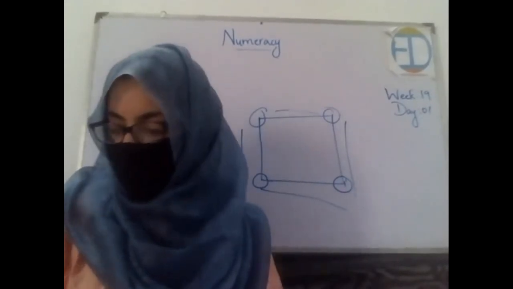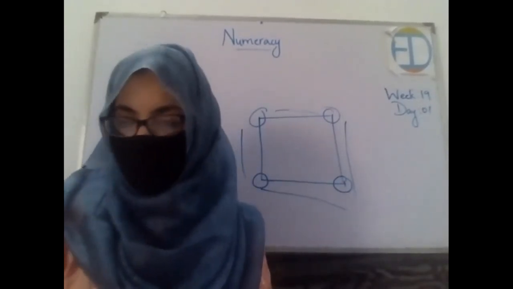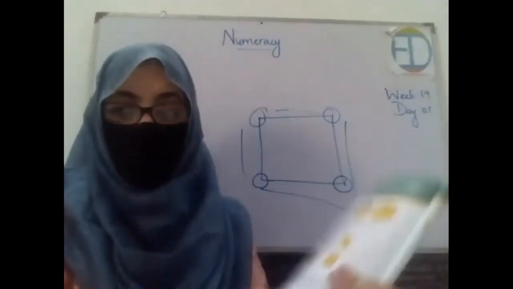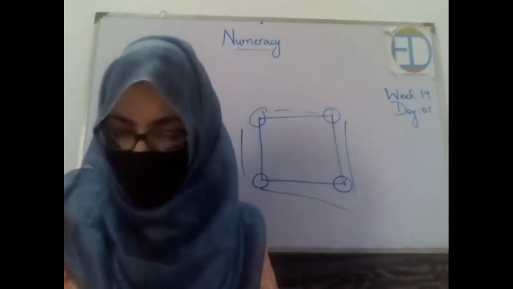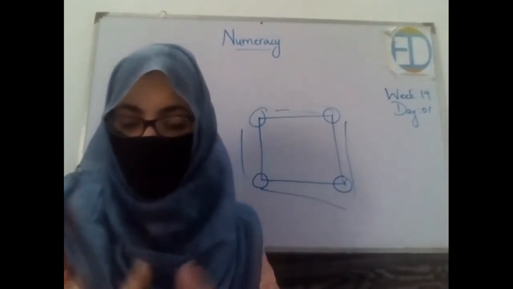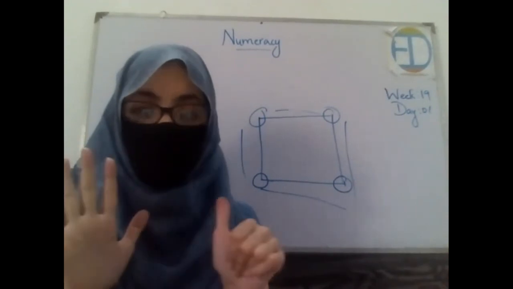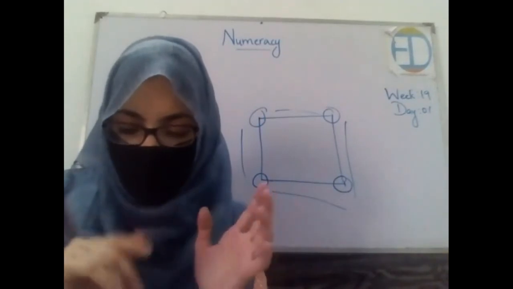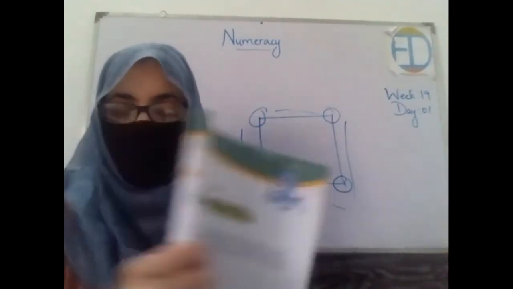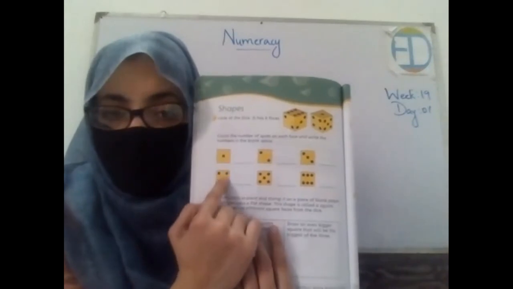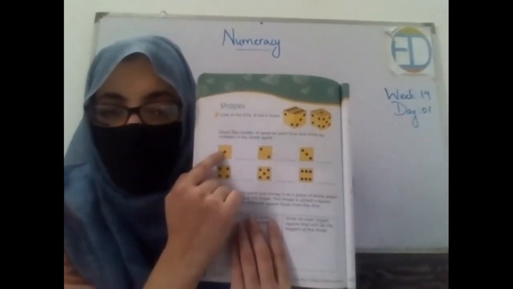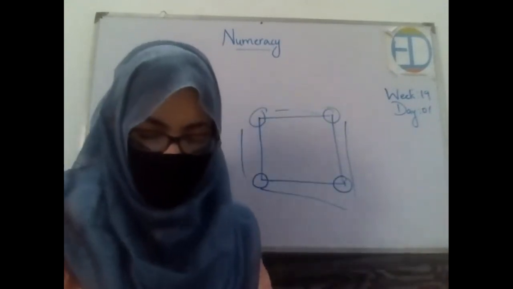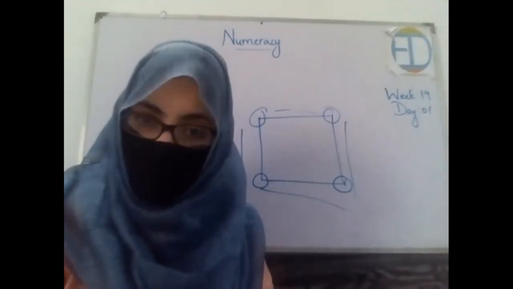Now I want all of you to please open your book, page number 96. The topic name is shapes, and the shape that we are discussing today is the square shape. Okay. So it says to look at the dice, it has 6 faces. How many faces does it have? 6. Count the number of spots on each face and then write the number in the blank space. Over here they have drawn all of the faces of the dice separately. You are supposed to count the number of dots on each one and then write the number. Hurry up. The first one has 1, then